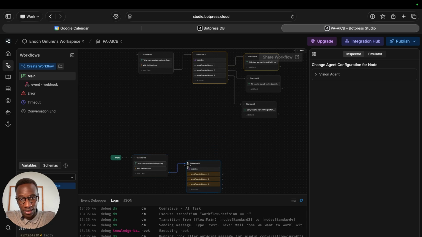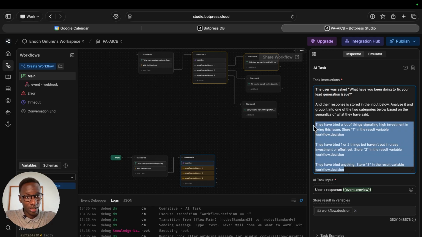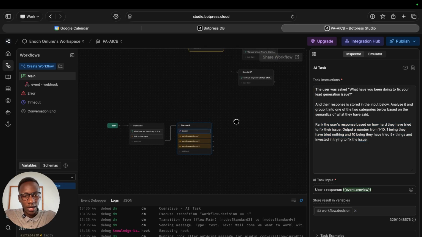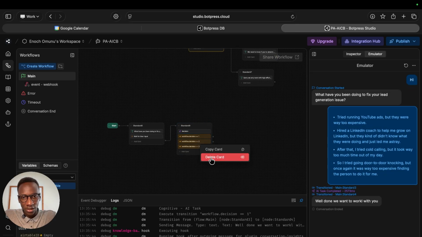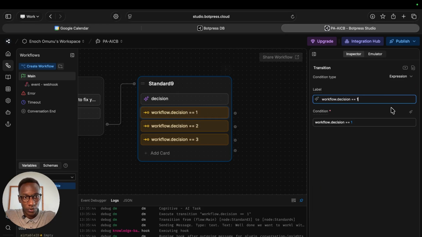But down here instead of changing it to store values, we should just tell it to rate the user's response. And I'm basically telling it to output a number from 1 to 10, 1 being they have tried nothing, and 10 being they have tried like 5+ things and invested in trying to fix the issue. And then from here, we can change these to output it into different places based on where it is. So I'll start with this first one, and I'll say if workflow decision is greater than or equal to, let's say 7,